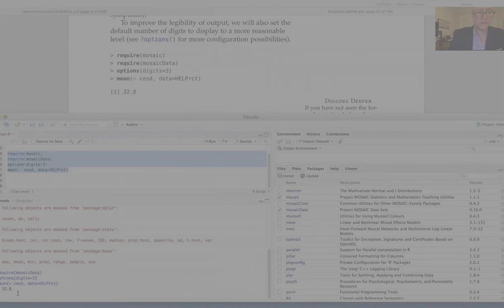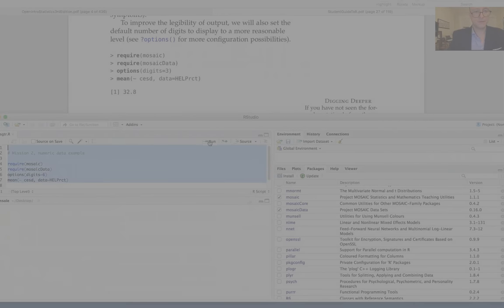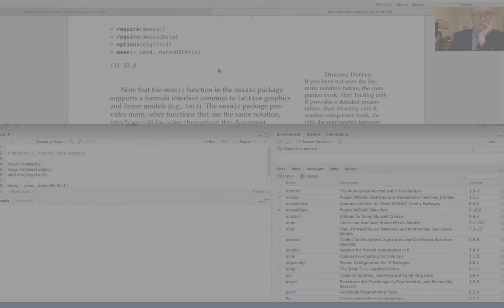I'm going to do Command Control L again, just to see what happens if I change these digits to, say, I don't know, 6 rather. And I'll run it again. There you are. So that's a useful command. I often say commands because a lot of major stat packages like Stata, SPSS, and SAS will call these commands. But what we're basically showing here is, okay, our first measure of central tendency in R is the mean, and there's